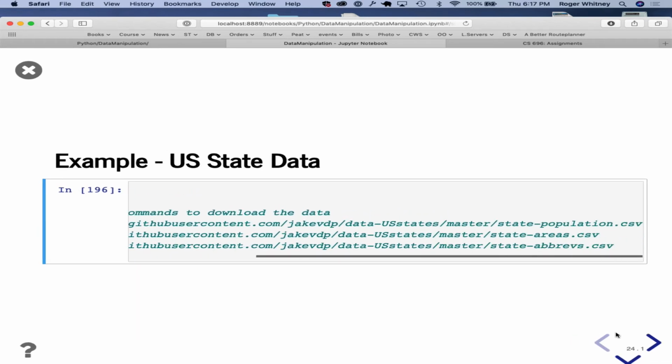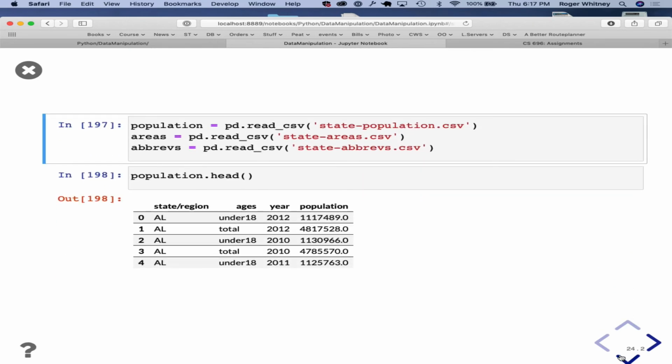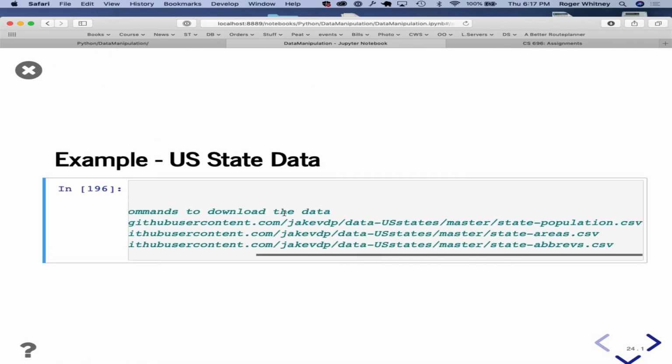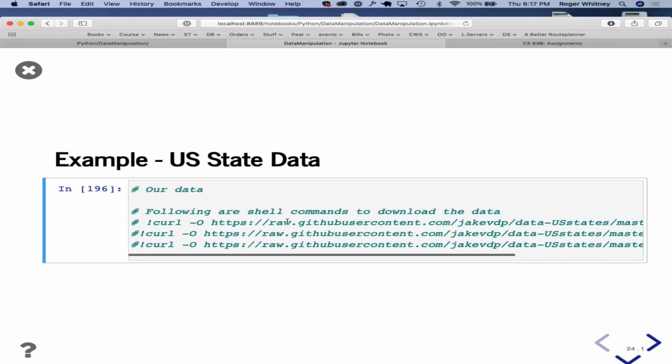so looking at population data, these commands will actually download all the files. But it's commented out because I don't want to download the files every time I run the notebook.